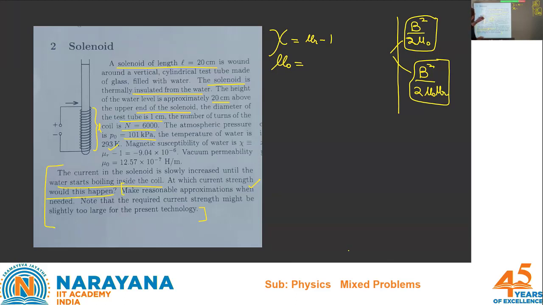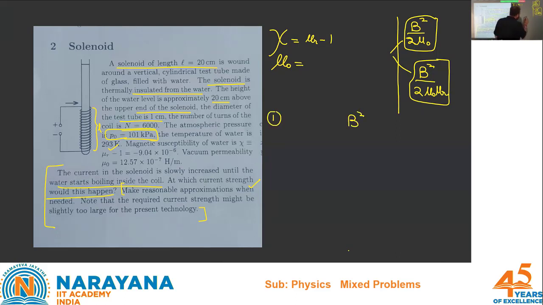We are talking about atmospheric pressure in the domain of 101 kilopascal. इसके comparison में जो rho GH term है वो बहुत छोटे हैं. So how will I introduce the idea? What will I do first is, first of all, I will say that my energy per unit volume, which should